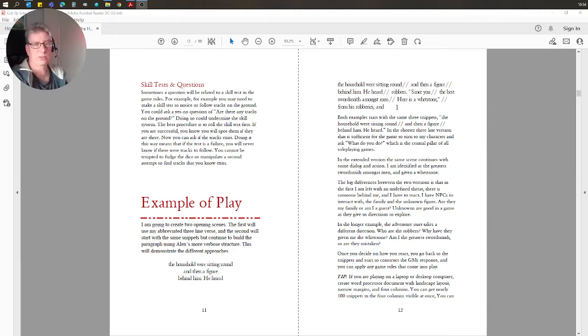Now, this immediately creates more of an opening for the adventure. Am I the best swordsman amongst men, or is he mistaken? Why is he giving me a whetstone? What's special about the whetstone? Who or what did he steal it from? And why is he giving it to me? What does he want in return? So there's a whole bunch more in that. And I've now got a direct NPC that I am interacting with. He's going to expect a response, so I can role play off that. And then again, any rules that come into play and any questions you ask.